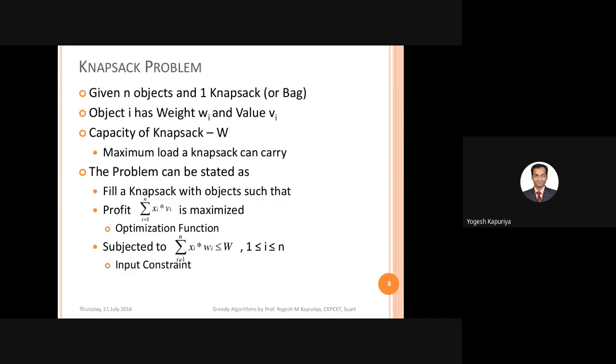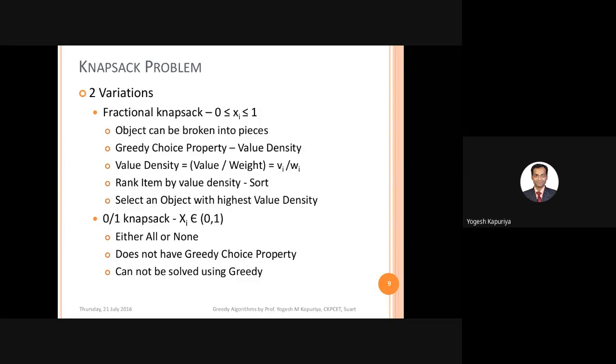The problem statement is to fill a knapsack with objects such that the profit is maximized. Every object has some value, so you should select objects in such a way that the total value of all the objects within the knapsack is maximized, subject to the condition that the total weight of all the objects is less than the capacity of the knapsack. So this is our actual problem scenario.